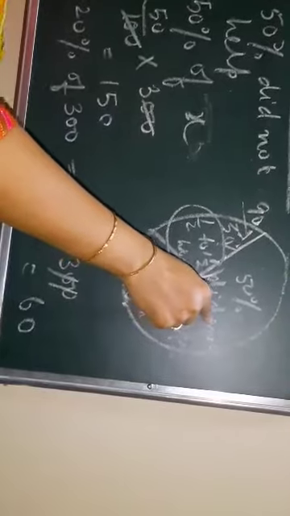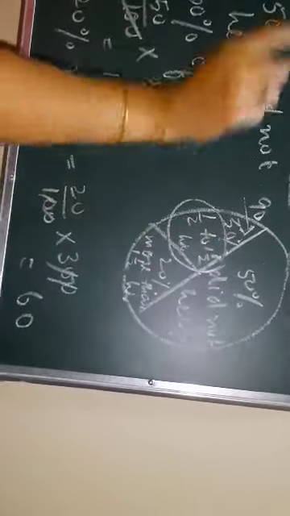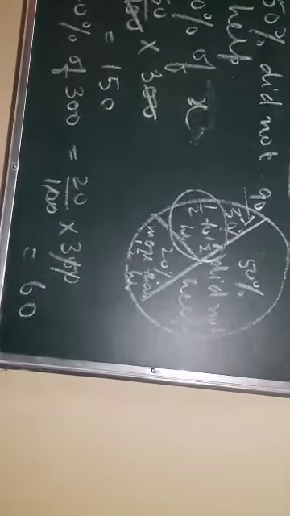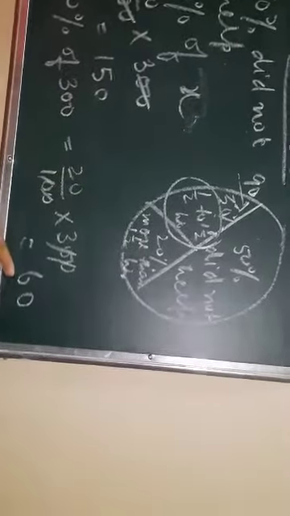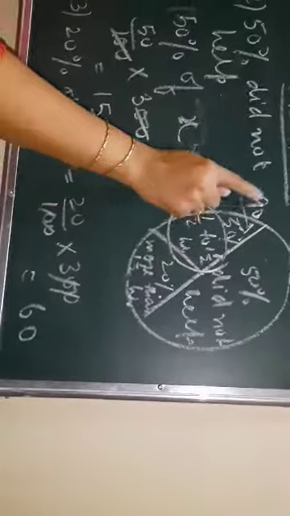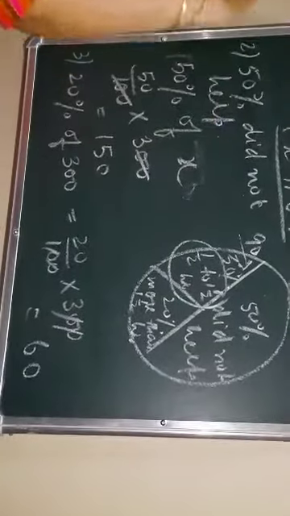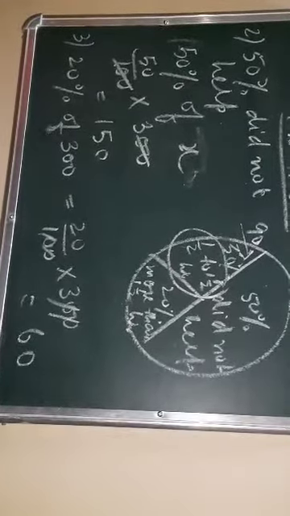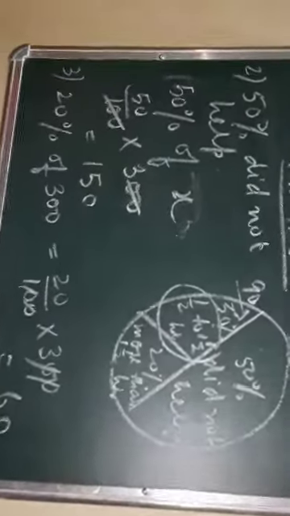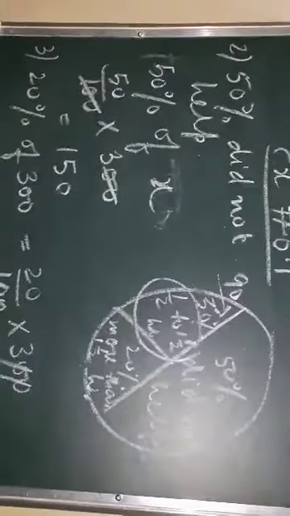150 parents are there who did not help at all, and 90 parents are there who helped for half to 1.5 hours. So if you add them, 150 plus 60 is 210, 210 plus 90 is 300, and we have got the total parents as 300. So that means all the three answers are correct, right? Let's move on to the 7th example now.